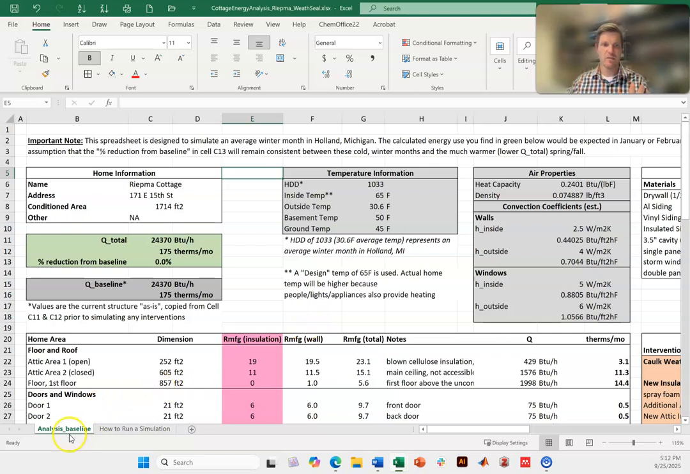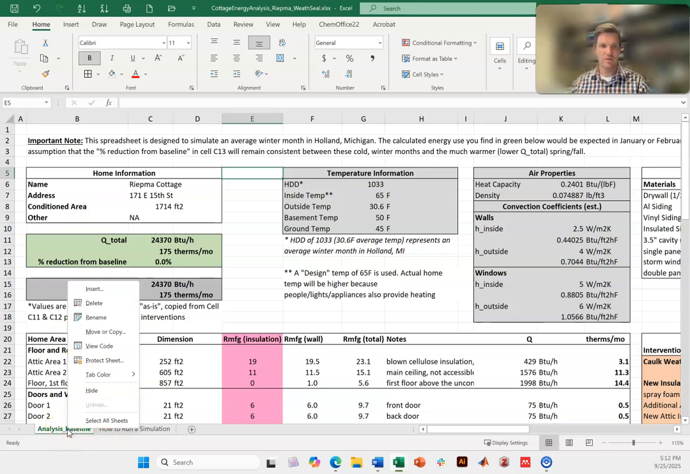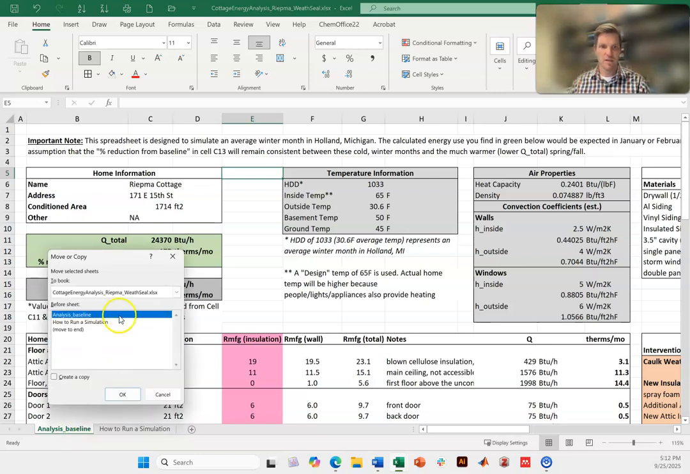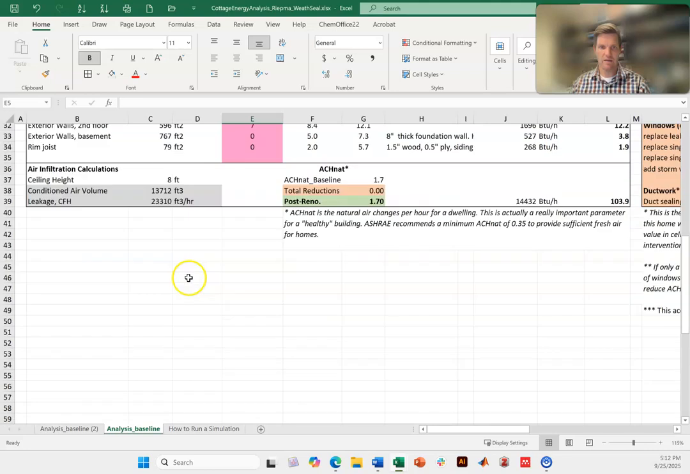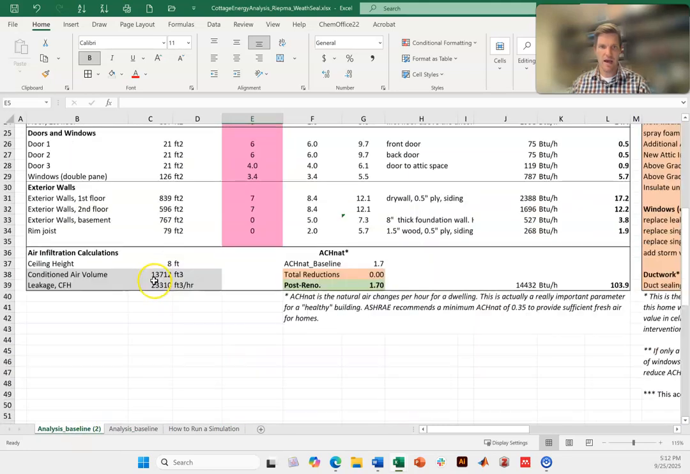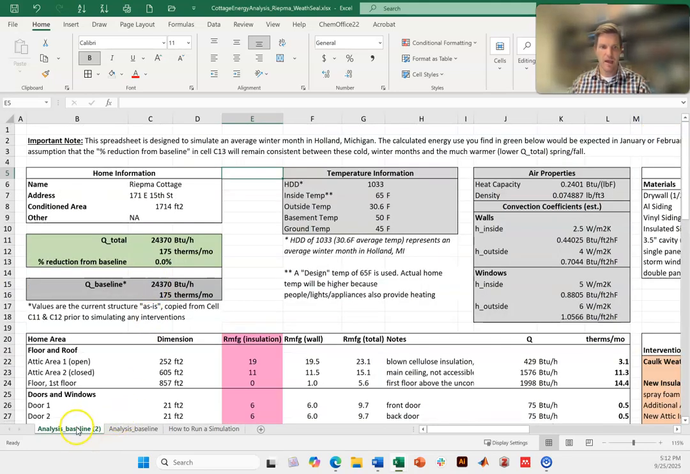Now I have a new copy, so any changes I make are not going to wreck my original baseline. But I still want to make sure I have this baseline to refer to. So the next thing I'm going to do is go down here to the bottom and right-click or double-click and say Move or Copy. So what I want to do is create a copy of this baseline spreadsheet and click OK. Now I have my analysis baseline here, and I have a copy here. And I'm going to click and rename my copy